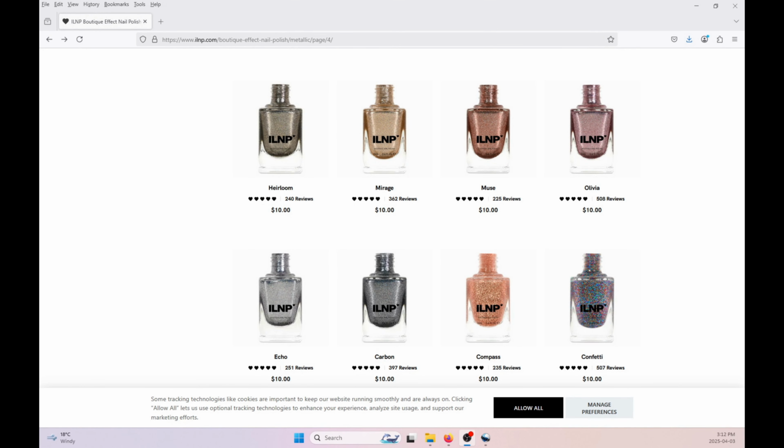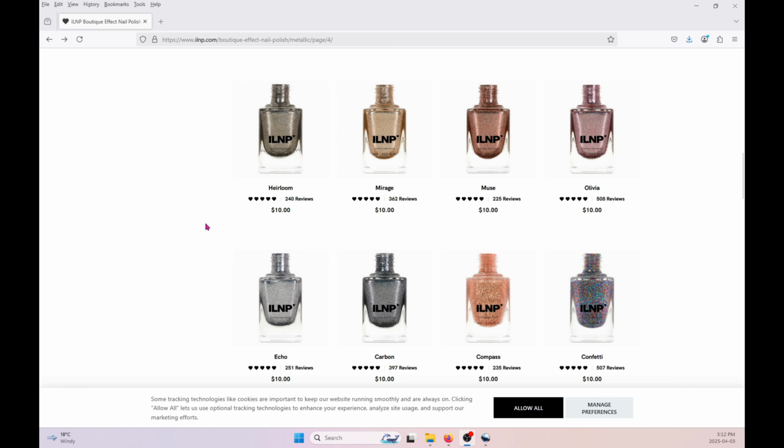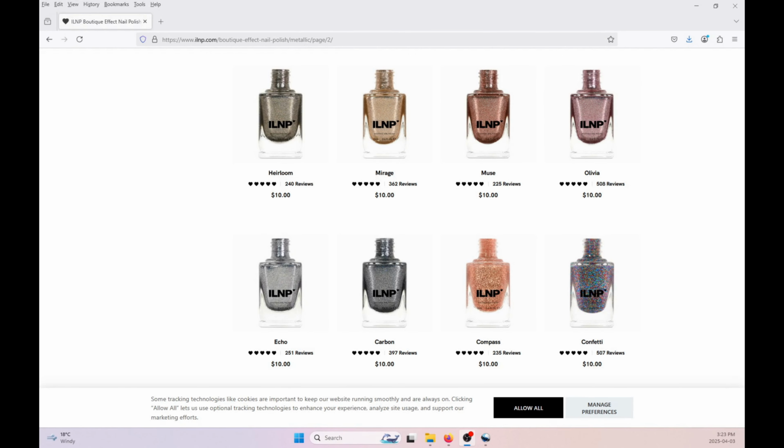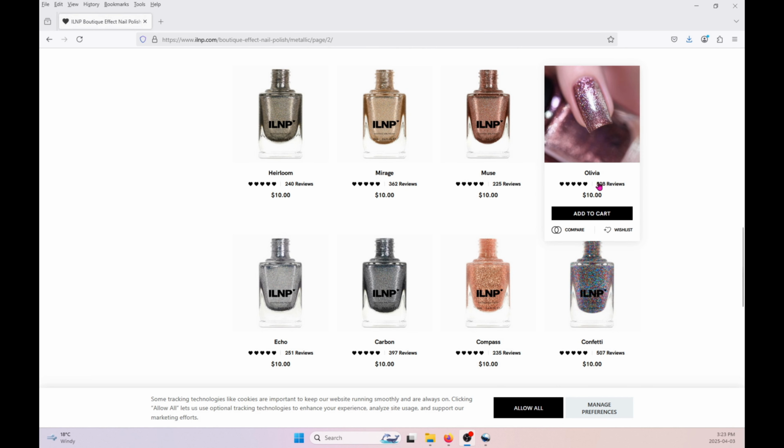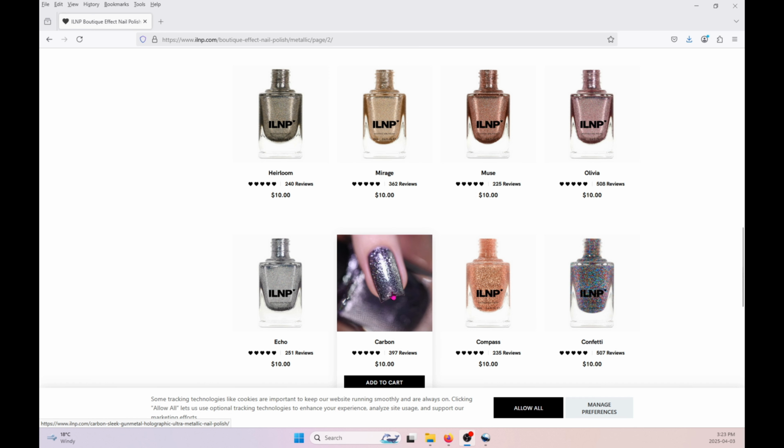Next on my list is more of a category of polish than a specific polish. I am interested in some of the foils that ILNP offers, but I'm unsure which one I'd like. And in addition to that, I have heard that sometimes these tarnish over time. So in terms of specific colors that I'm interested in, I am a bit interested in Mirage. It looks a bit more of a brassy color. I'm a tiny bit interested in Carbon, but I do have an actual silver foil, so this is probably